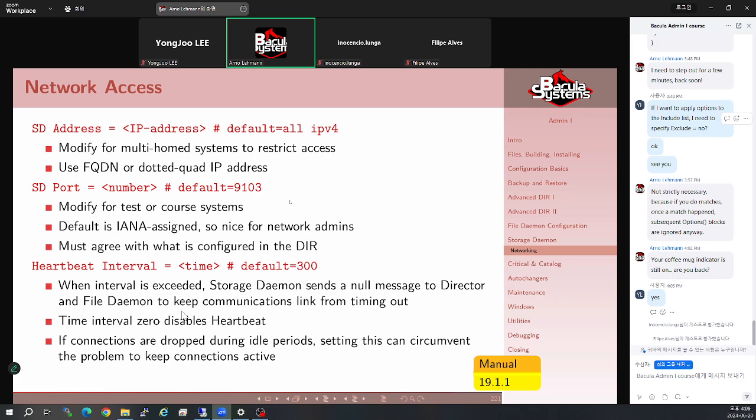If you need to change that, we have the SD port configuration setting for that. And of course, this number needs to be changed accordingly on the director side, where we control how to access the storage daemon for actual running things. So there is no good reason to change the default, unless, and that is really rarely the case, unless, of